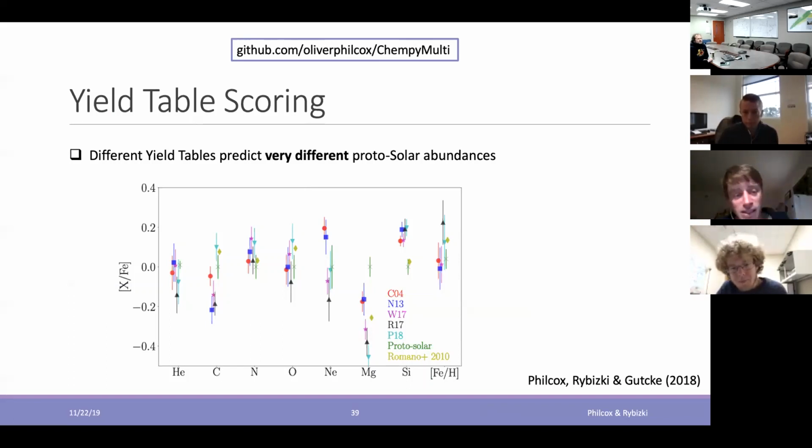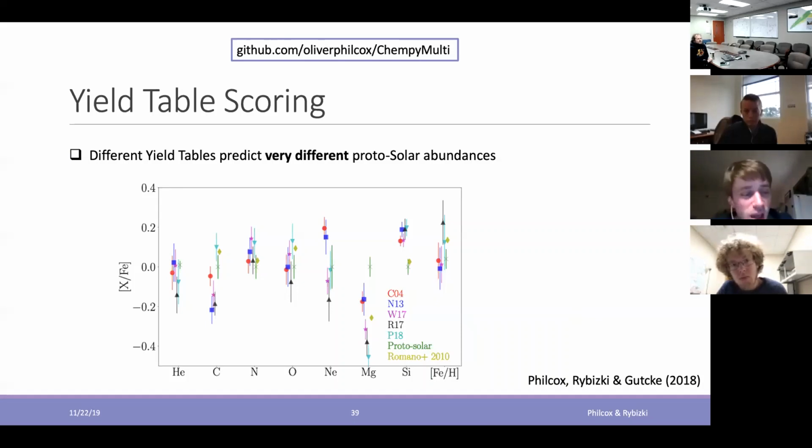in essence, the chemical evolution parameters are marginalized out, and you see that magnesium is always underabundant and silicon always overabundant. They're never at the same spot.